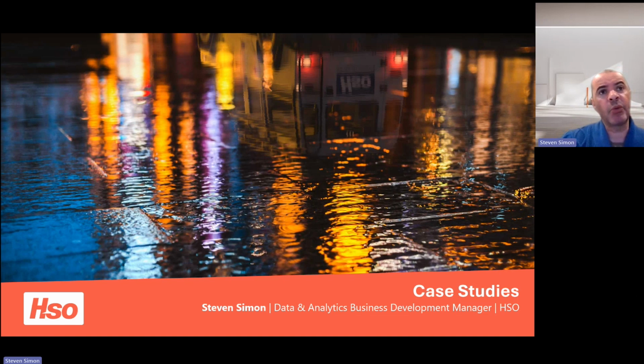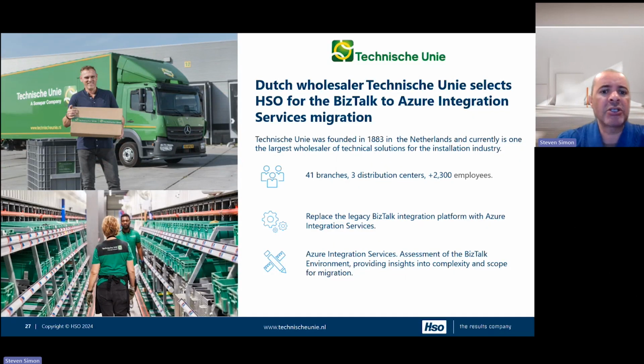But both of them indicate one thing. If you've been using BizTalk quite extensively, it can be quite complicated in the process. One of HSO's advice is, we don't really believe customers should be doing big bang migrations across from BizTalk. What we've found to be more successful is to do piecemeal, small bites, to take it in that direction, understand the platform, and move the integration that becomes important to the business. And that's when Mark talks about that first stage of understanding what you're trying to achieve, understanding the business process becomes really critical to HSO.